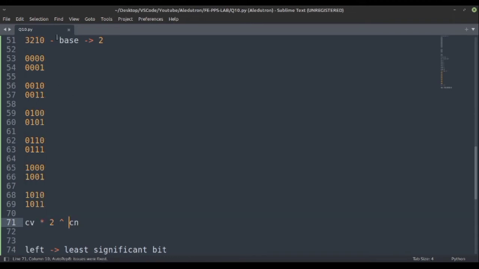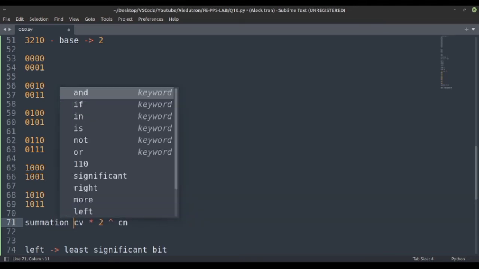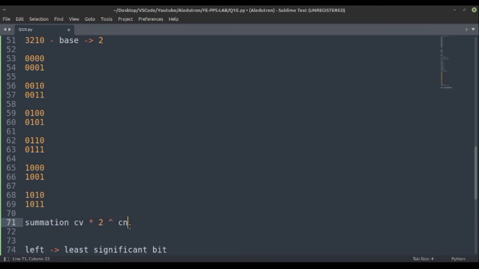So here the column number is 0, then 1, then 2, then 3. So we have to take the respective column number and column value, put them in this formula, and then take the summation of all such terms. So basically we have 4 columns, 0 to 3, 4 numbers.